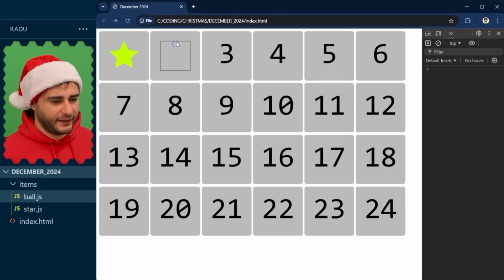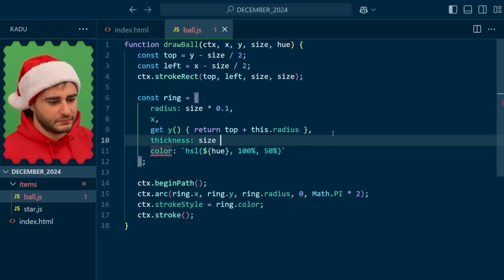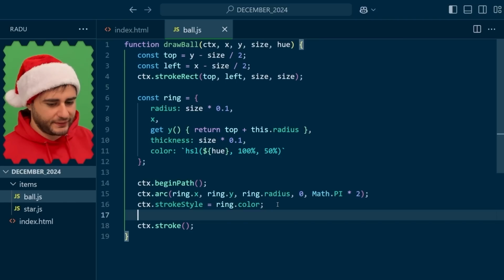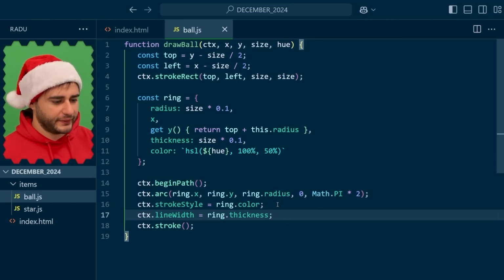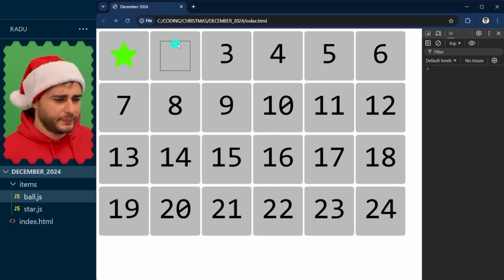Let's make this thicker. So I'm going to add another parameter here for this thickness. Let's say like so. And for it to affect, we have to set here the line width to that thickness property. And there it is. But I don't want this ring to go outside of the bounding box. You see now the outline is drawn somehow at the center of this circle that we are defining, so it